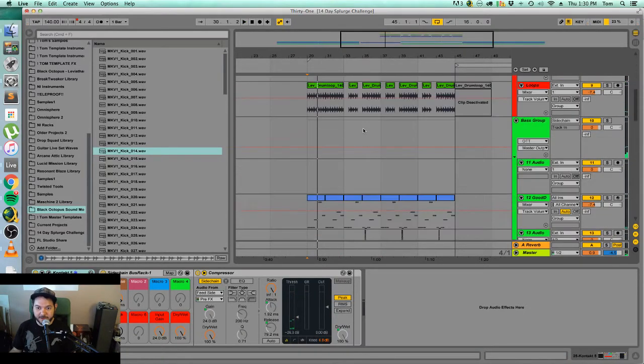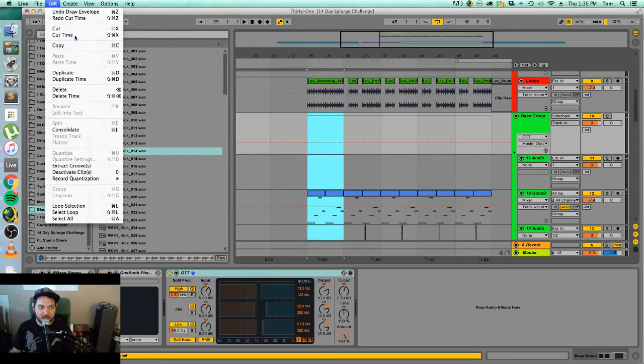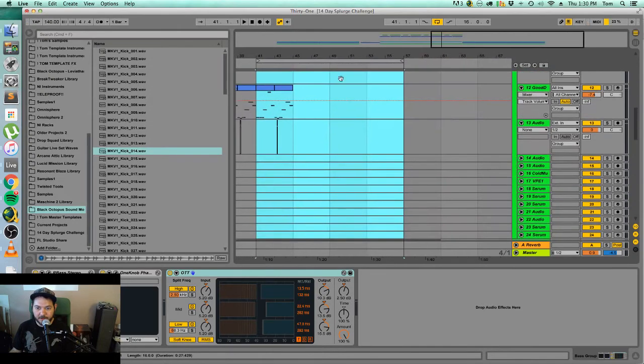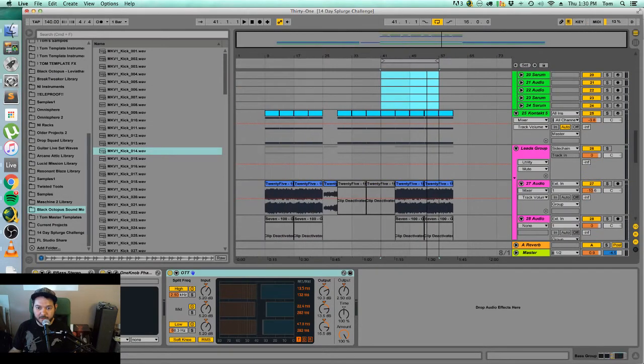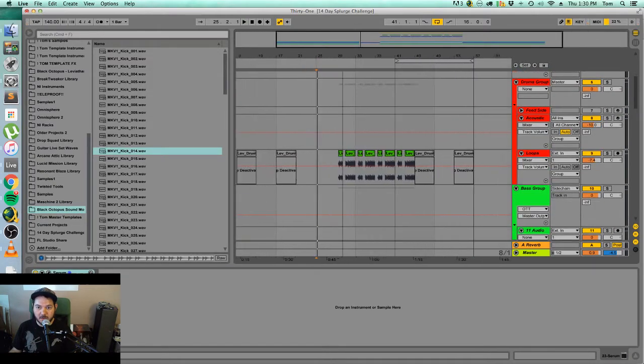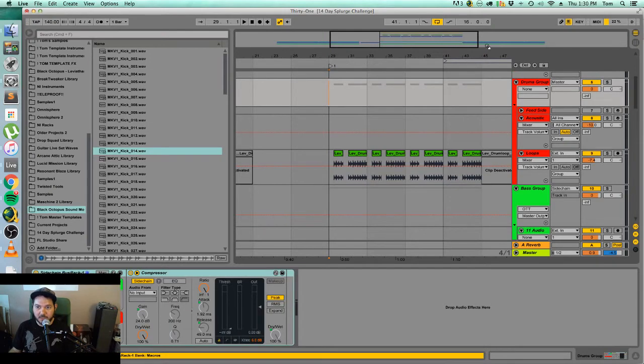Just realized why that was there, because this is actually what we need to cut. So cut time there. Then this is still here. This is the new beginning of the section. Then